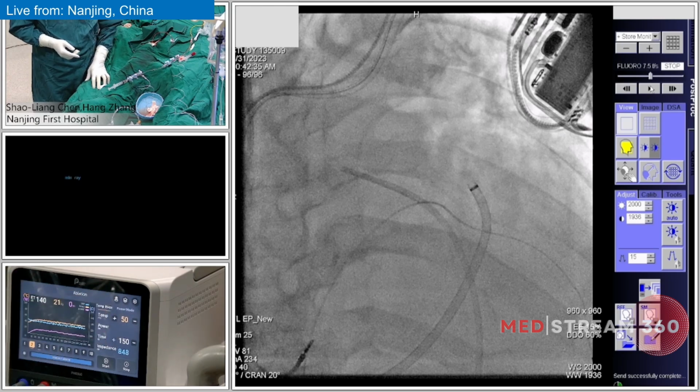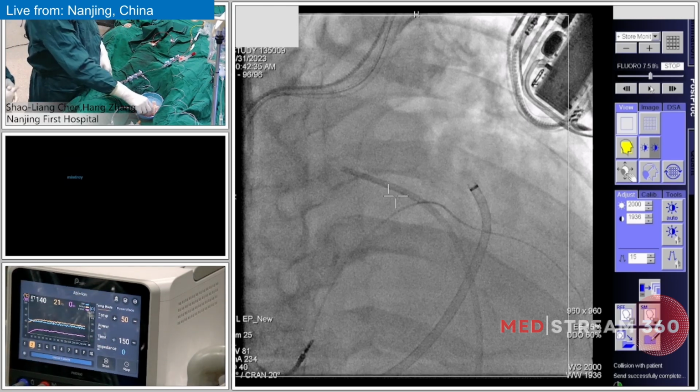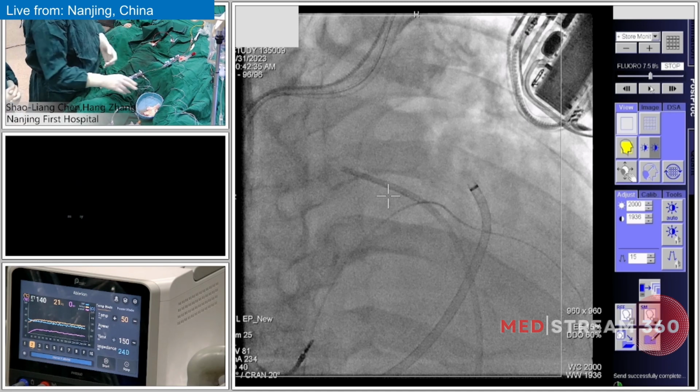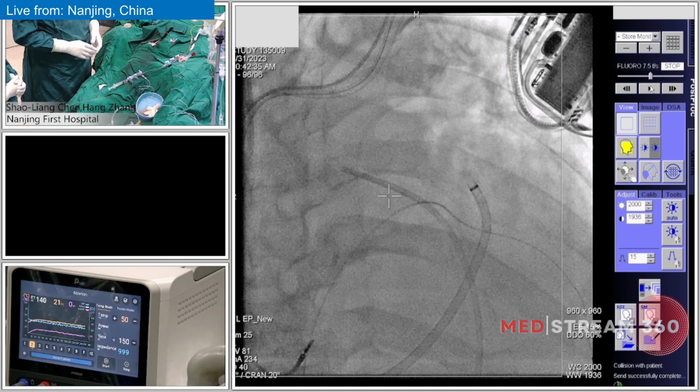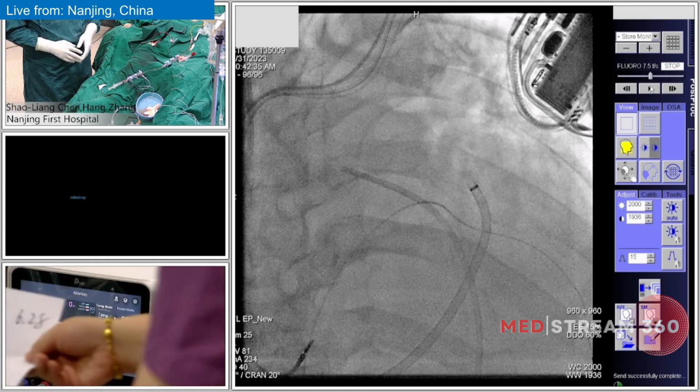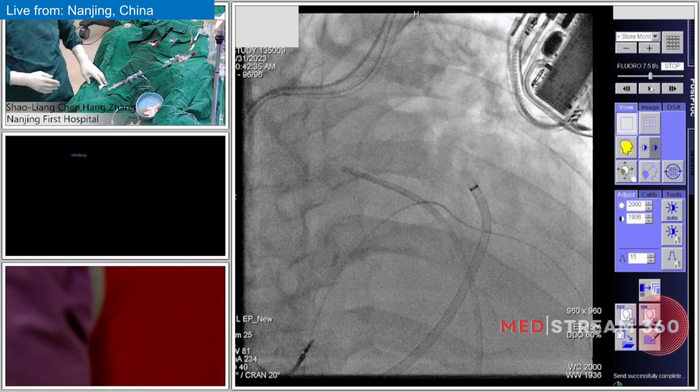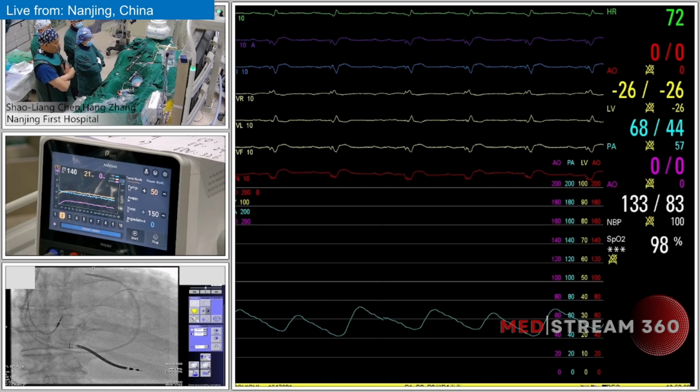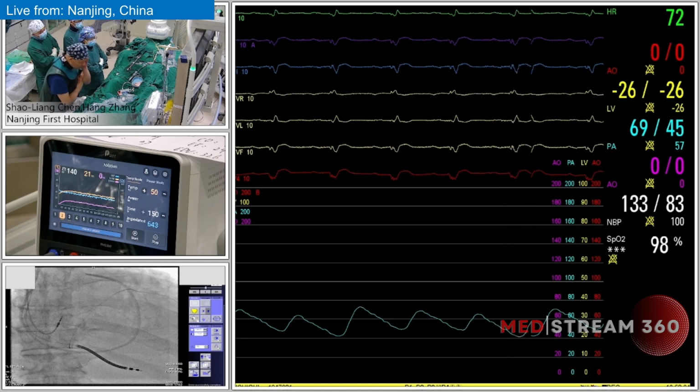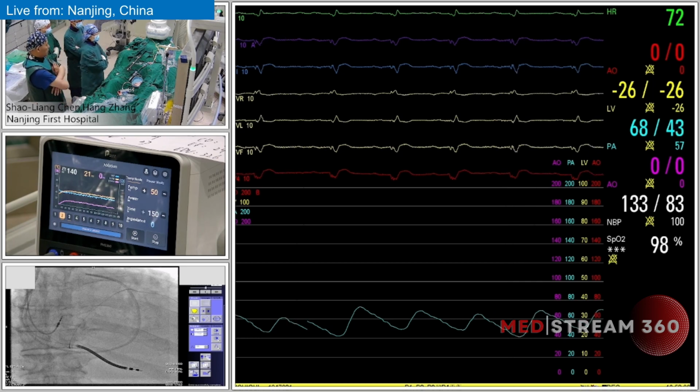82. So the systolic pressure is much higher. But mean pressure only reduced by 2 millimeters of mercury, while systolic pressure reduced by 13 millimeters of mercury. It's amazing. So guys online, I think we have finished the whole procedure of pulmonary arterial